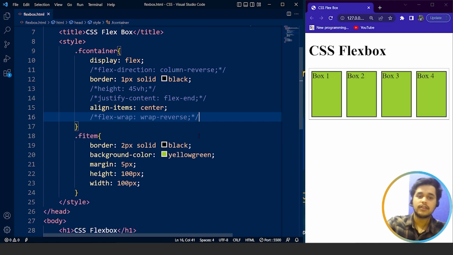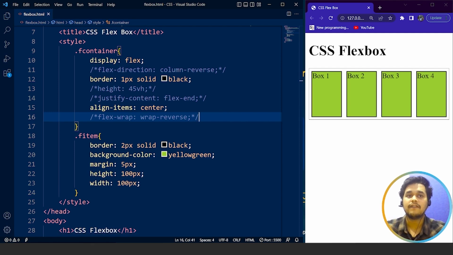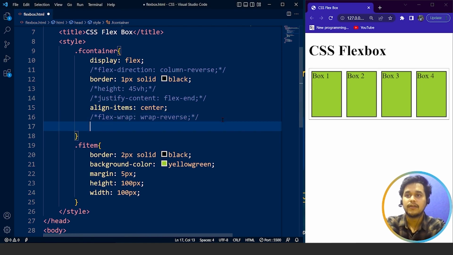I hope you guys are doing this with me because it's easy if you are trying to do it by yourself. Fine. So the next property we are going to discuss is going to be the flex-flow property. So this flex-flow property is a shorthand property for setting both the flex-direction and flex-wrap. If you don't want to use 2 different properties for the same, you can use just one, flex-flow. This property, if we are going to write here